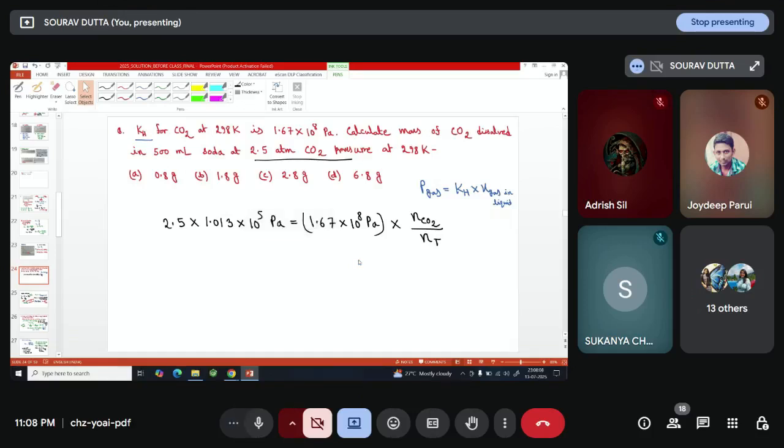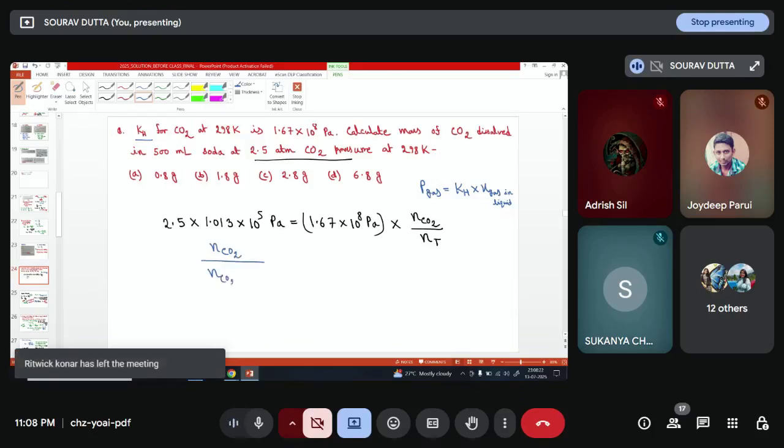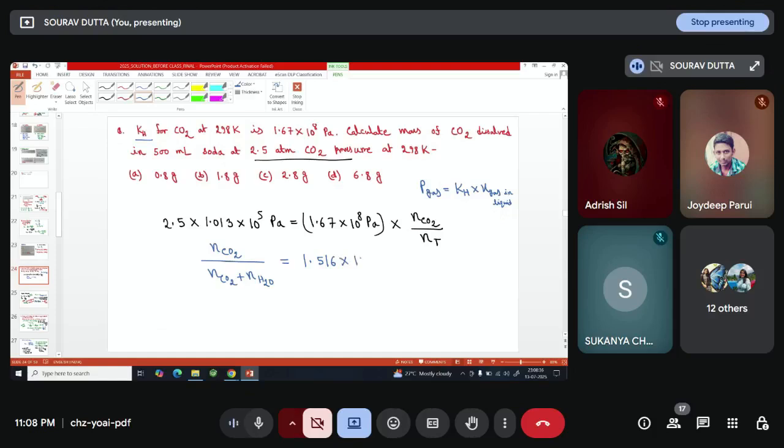So we can also write moles of carbon dioxide divided by mole number of carbon dioxide plus mole number of water, and if you divide this by this you will get the value. I have directly written here 1.516 into 10 to the power minus 3, তার মানে বুঝতে পারছো